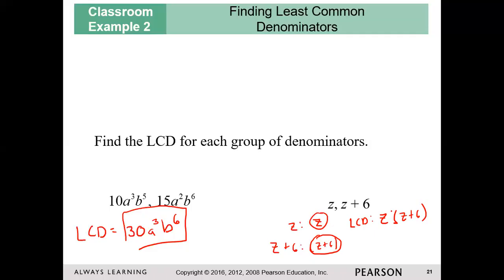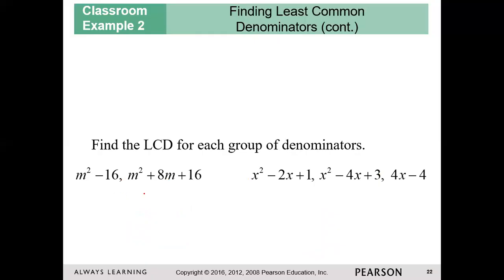Okay. All right, let's see if we can find one that's a little bit more interesting now. Here we go. So again, I'm going to start off by writing off to the side m squared minus 16, and then I have this m squared plus 8m plus 16, and I'm going to write them in their factored form. So this is, of course, the difference of squares, so m plus 4, m minus 4. This one looks like a perfect square trinomial, so this is going to be m plus 4, m plus 4, or m plus 4